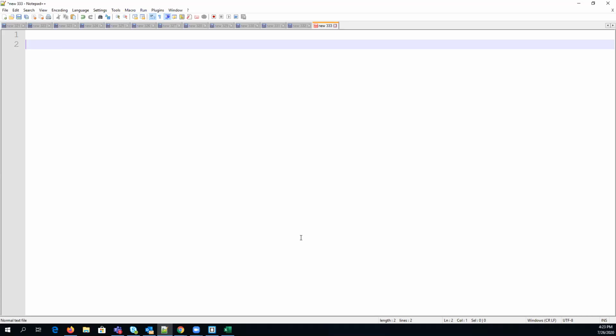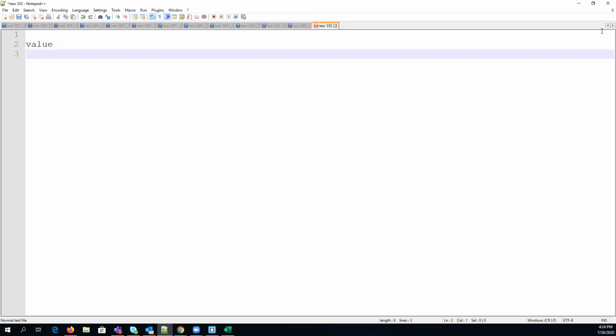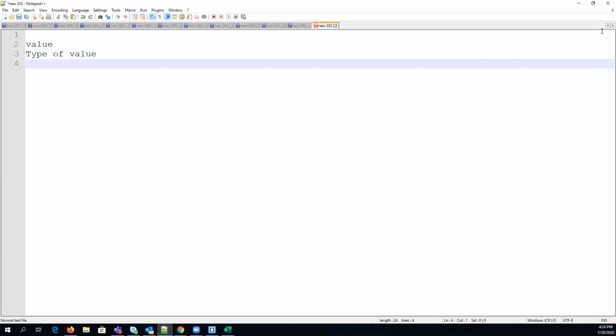So guys, the only thing that I generally say is, for programming there are three things that are necessary: the one is value, the second one is type of value, and the third thing is operator, right? So basically these are the three things that are necessary to achieve your business logic, achieve your calculation, right?